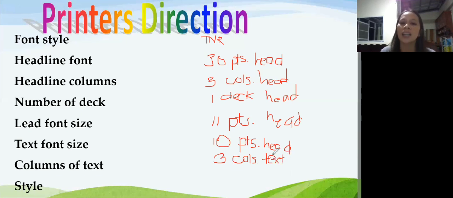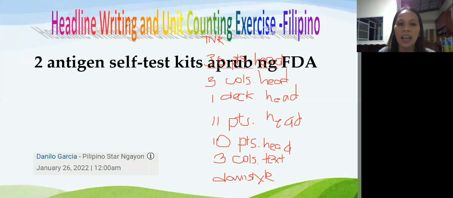And then the style, down style. Okay, ano ba yung ibig sabihin ng down style? Ibig sabihin, ang headline dapat ay isusulat ng malaking titik, tapos followed by small letters, down style. Pero, hindi naman porket isusulat ang down style malaking titik tapos paliit, eh kapag proper name tulad nito, diba sabi ko down style, 2 antigen self-test kits approved ng FDA.